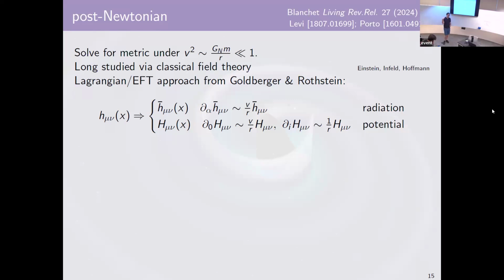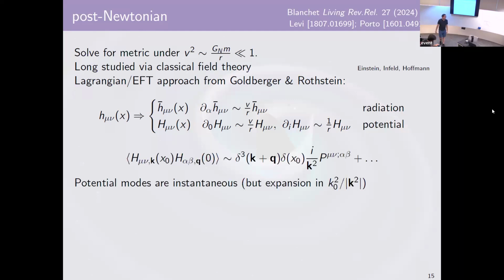Okay, this is relatively obvious, but then you assume that the black holes are sufficiently large and that the transfer of energy, even from these modes, is sufficiently small that the black holes themselves don't back react. And you just let the objects evolve, but you compute the changes in the effective metric just due to the gravitational potential. And the reason why this is a very useful thing to do is because then your potential modes, you can expand them and they become instantaneous with some expansion in their energy over their spatial momentum.